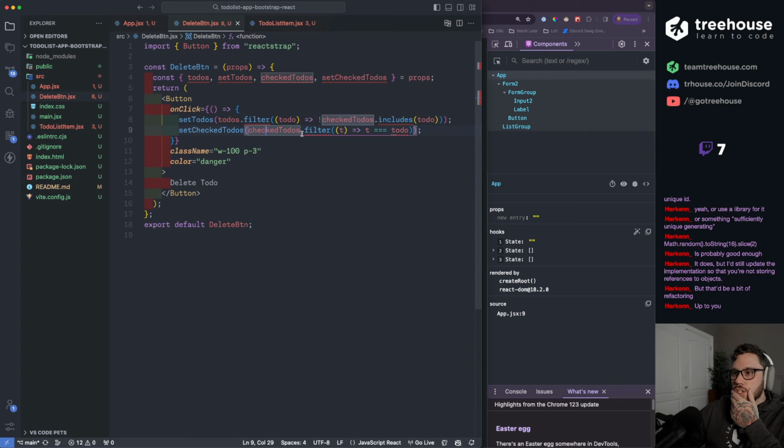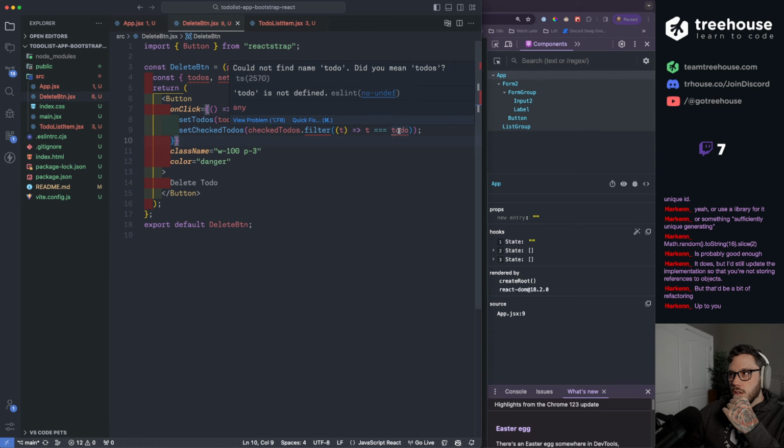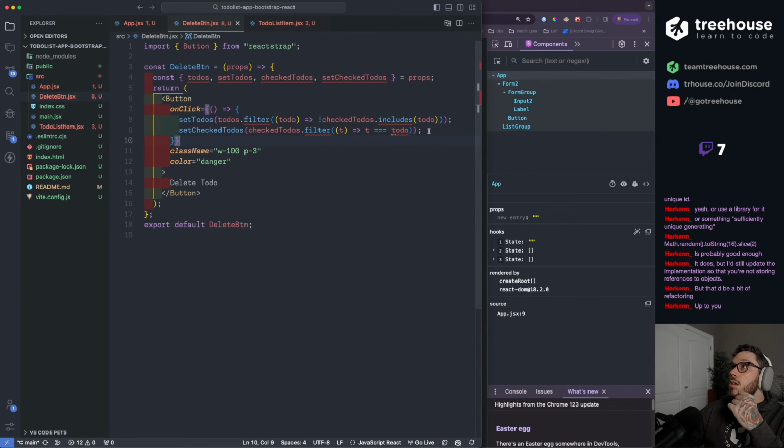Wait a minute. Checked todos. If checked todo is equal to... Why am I drawing a blank here? Todo's not defined.